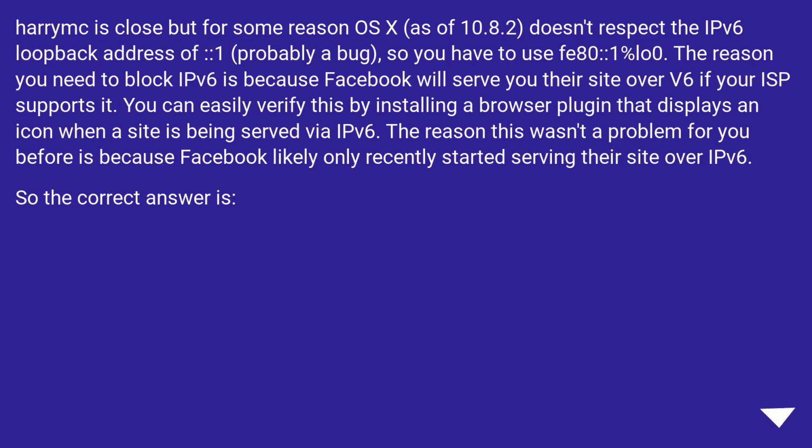Harink is close, but for some reason OS X, as of 10.8.2, doesn't respect the IPv6 loopback address of ::1, probably a bug, so you have to use fe80::1%lo0. The reason you need to block IPv6 is because Facebook will serve you their site over v6 if your ISP supports it. You can easily verify this by installing a browser plugin that displays an icon when a site is being served via IPv6. The reason this wasn't a problem for you before is because Facebook likely only recently started serving their site over IPv6. So the correct answer is